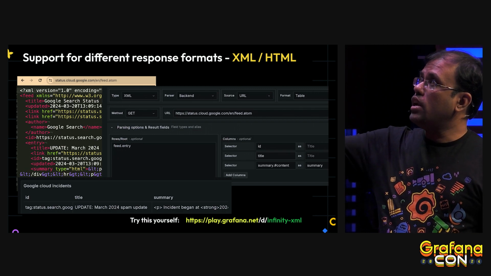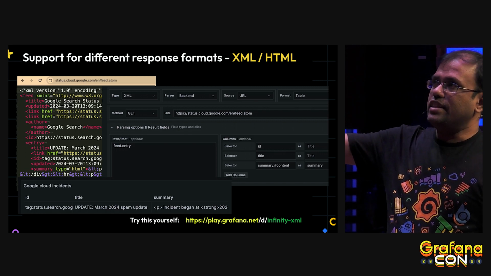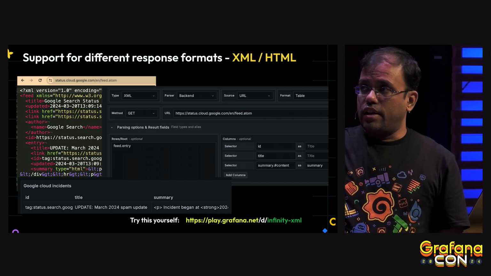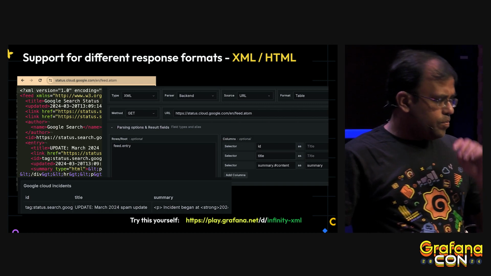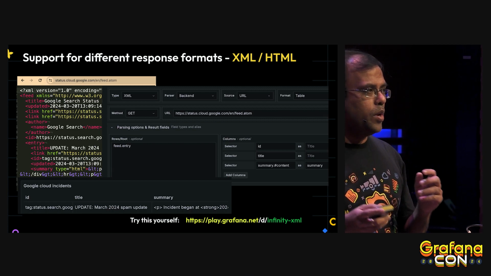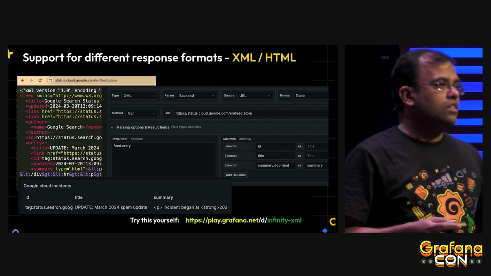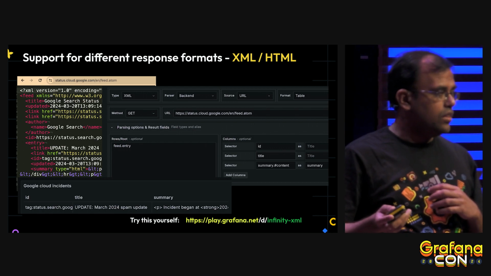I'm putting the URL and selecting the fields, and I'm even doing some aliasing and all those things. And I get the details. Think about you have some legacy application which has some SOAP APIs we are still stuck with, but you can still visualize the data from those SOAP APIs using this Infinity plugin.